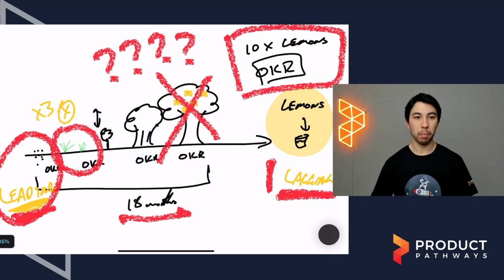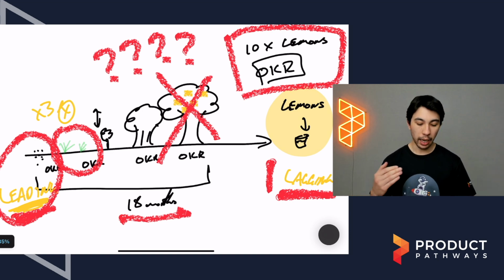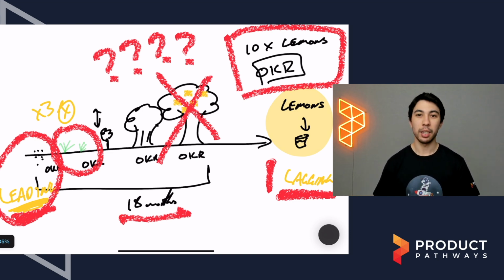Which brings me to my second last point, and that is that with OKRs and outcomes, one of the hard things with outcomes is we don't have full control over them. If I planted lemon seeds and my yard flooded or my farm flooded, and that's just a bad weather event, like I might not have known that was going to happen, right? So just because that happened doesn't mean I failed per se, right? I did all the right things. I checked the soil level, I fertilized it, I watered it, I planted the seeds, everything like that. I might have done everything correctly, but I still didn't realize that outcome at the end of the day.